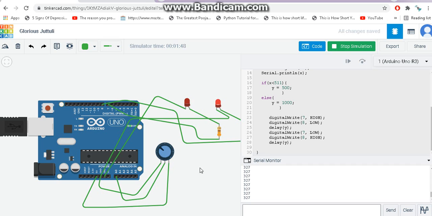Now look at the LED blink time. Now see that the serial monitor values are increased. Look at the LED. If I want to make it a little faster, I will decrease the value again. You just keep looking at the LED. Now you see the blink is faster, right? So now it's faster, right? Now I will go the other way around.